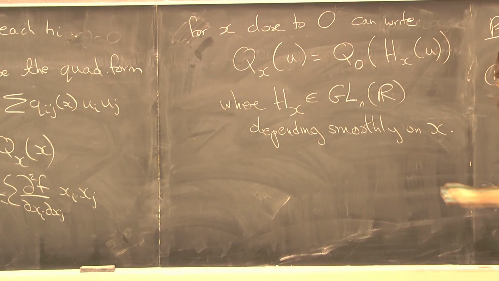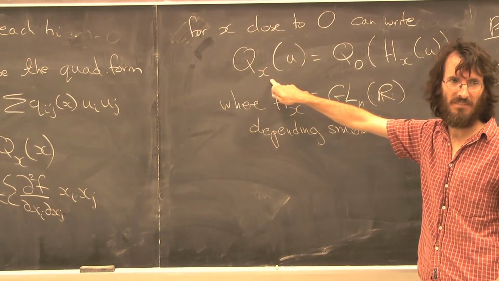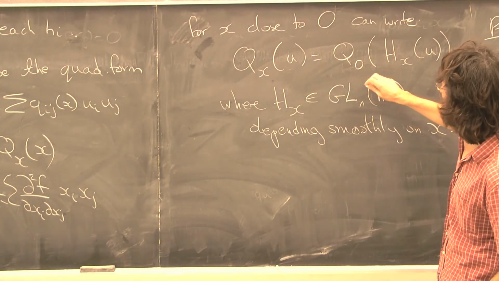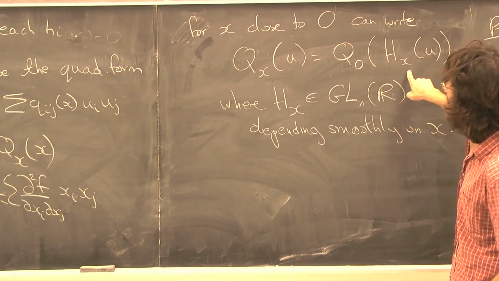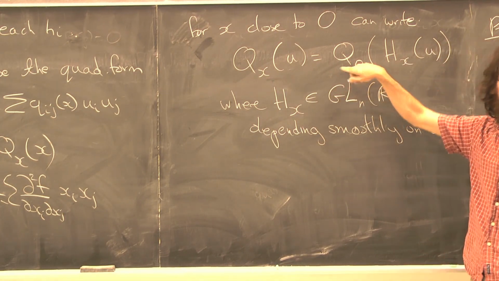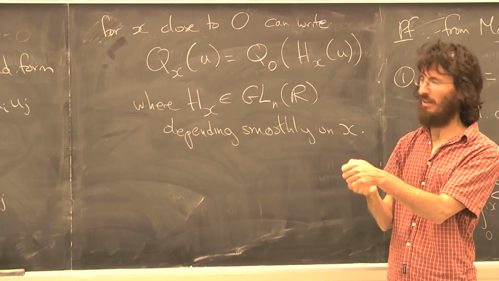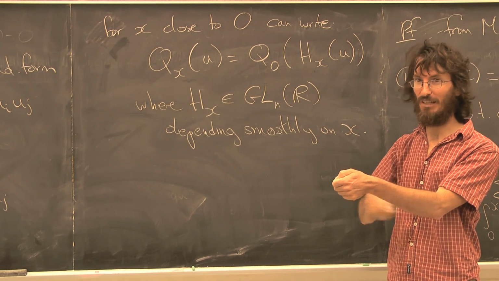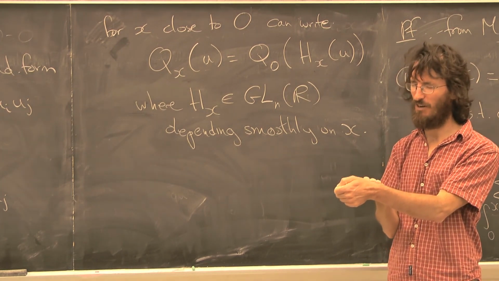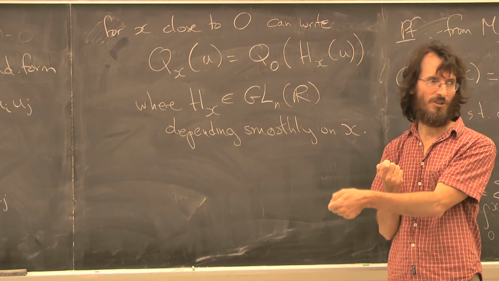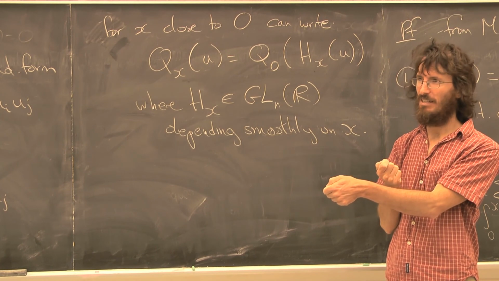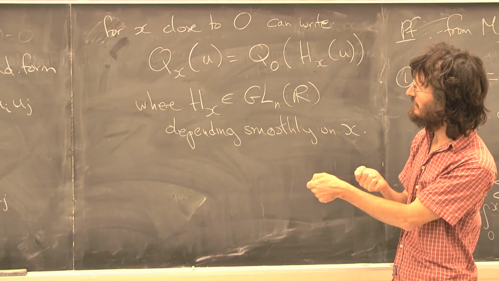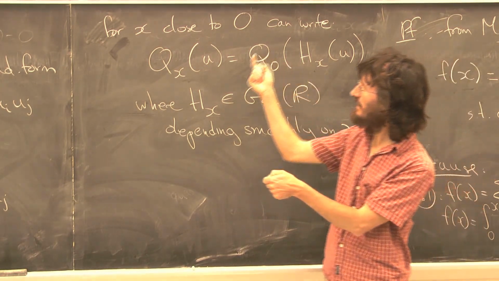So I have this quadratic form that's changing with where I am, and I'm saying that what this really is, the best way to think about what's going on here is I can take any quadratic form and precompose it with a linear automorphism of Rn, and I get a new quadratic form. So I can think of the linear automorphism group GLn of R acting on the space of quadratic forms. And so I'm really saying that the important thing is that